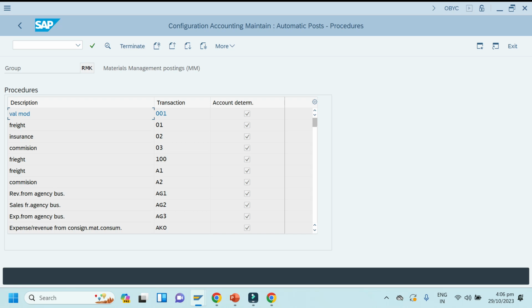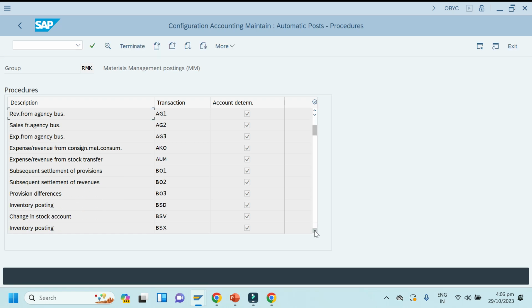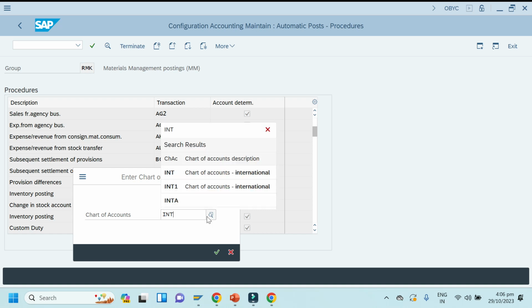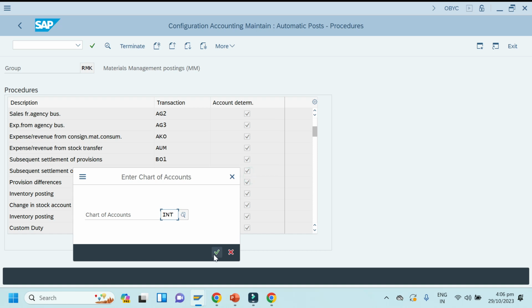Click on transaction key BSX, this one. If you click here, it will ask chart of accounts. Chart of accounts INT. What is INT? Chart of accounts international.